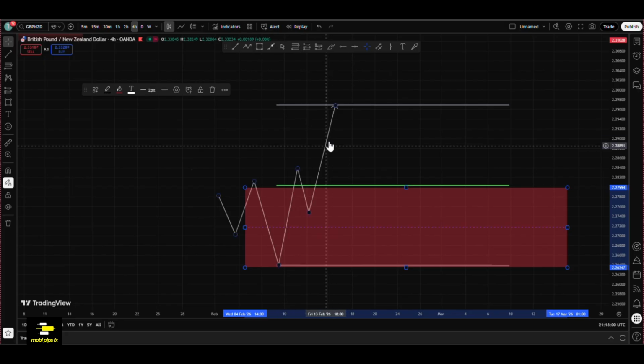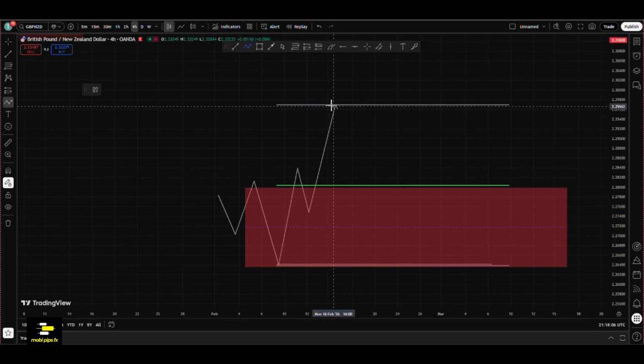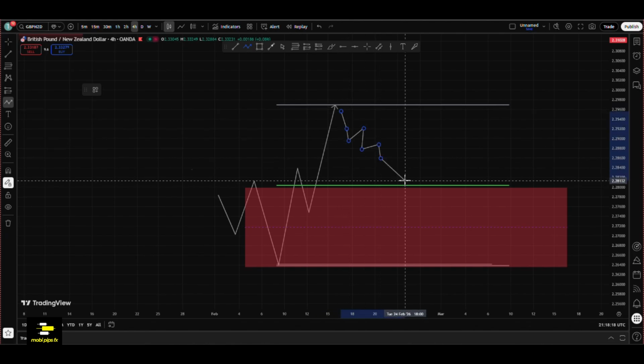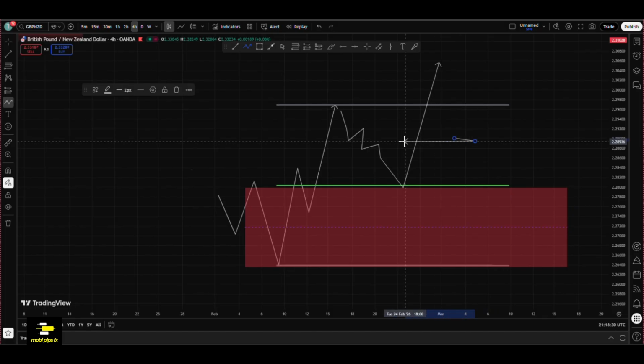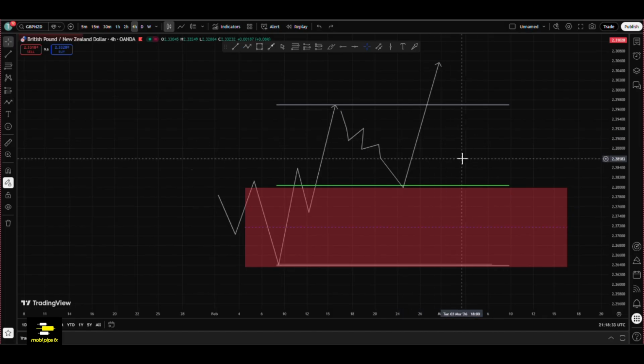So even if, let me say, you have the structure on a daily, if price is correcting, retracing back, you can't wait for price to get into this zone for you to buy. You can look for sell setups in your substructures. You can sell down to this zone. The moment you get into this zone, you should start looking for buy setups to buy to the upside. All right, so we look for our buy setups in the discount zone. We look for our sell setups in a premium zone.